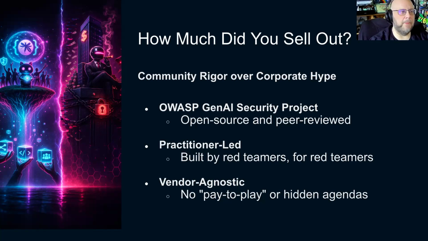My goal for this was specifically to cut through the BS. I'm very frustrated with the current state of AI red team tooling and vendors. There's a whole lot of hype and a lot of it is garbage. So not only am I tired of leadership coming to me and asking me about terrible products and saying we should hire these guys, and then I have to explain to them all the reasons why we should not hire those guys, I also just want to uplift the security community, right? That's the whole point of what OWASP was doing. We want to give people tools to be able to do that. We didn't sell out at all for this.